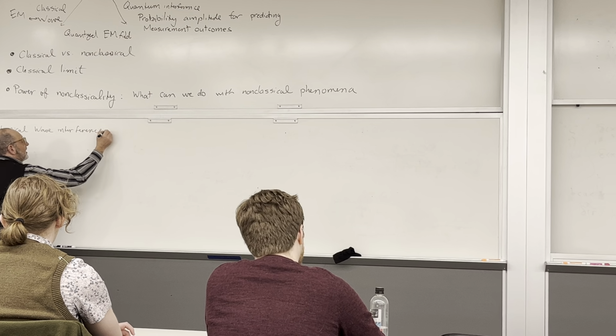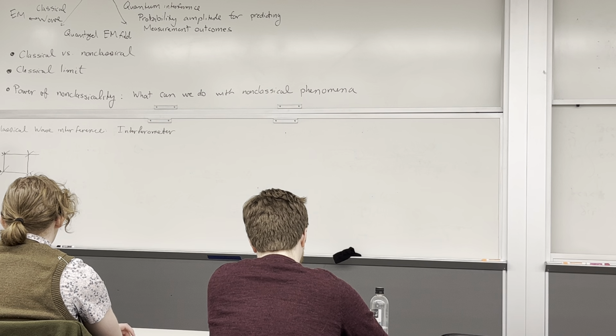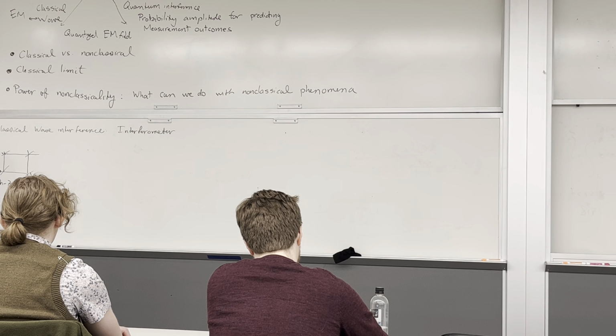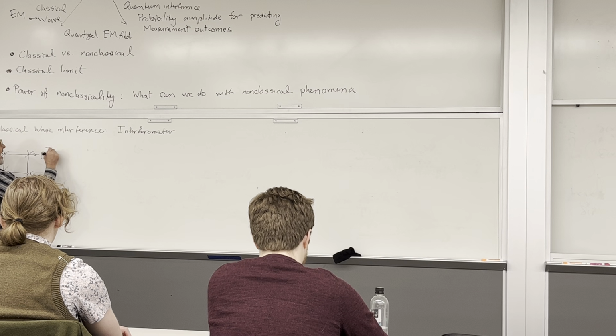And the interferometer is something which allows us to see interference between two different, for example, paths of waves, right? So this is our Mach-Zehnder interferometer. It's our sort of fruit fly of interferometers. And what we're doing is we're measuring the intensity at the output port